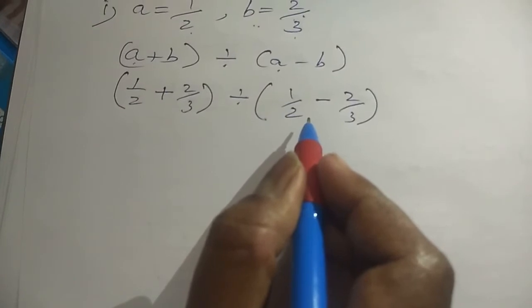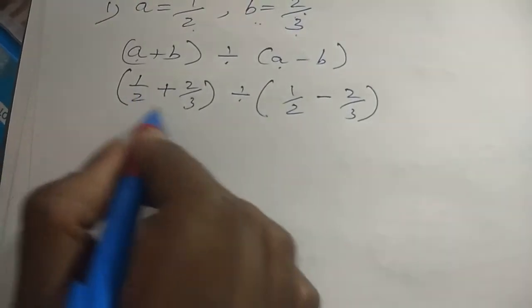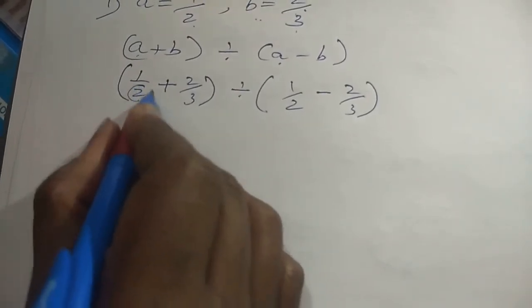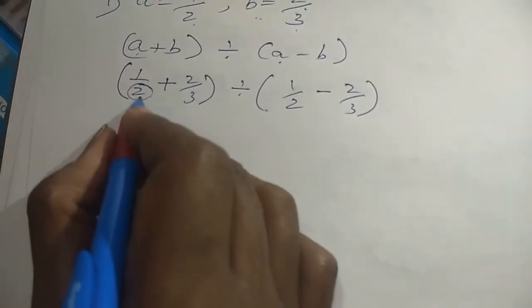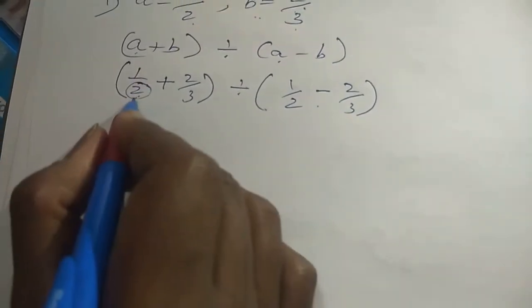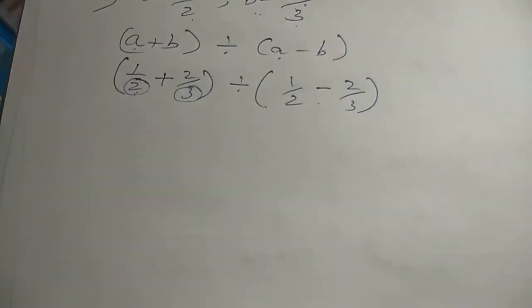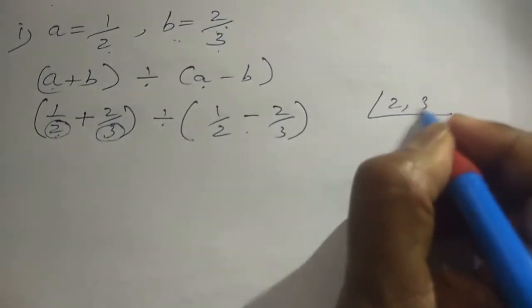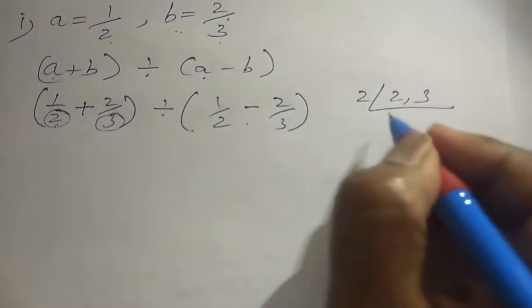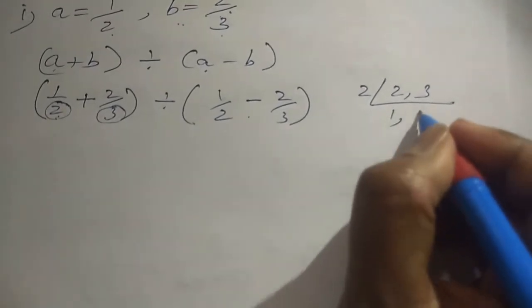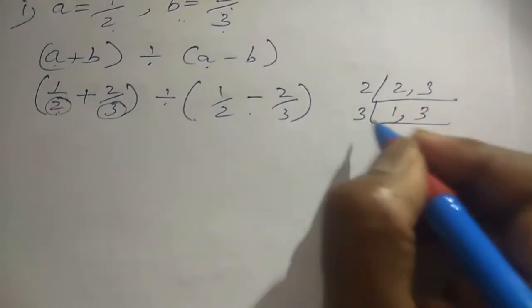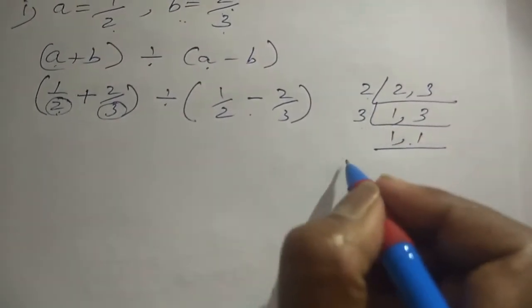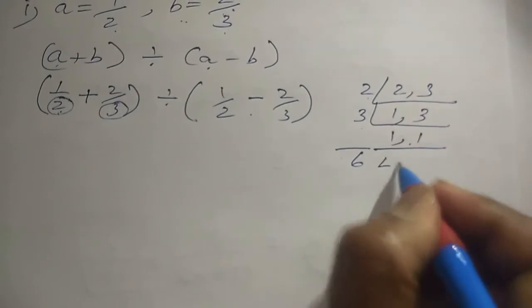And this also we have to follow some rules here. First we always simplify the brackets inside. Correct? So here it is 2 here. First we see only the first bracket. So here it is first bracket, second bracket. So here it is 2, here it is 3. So both the denominators are not equal. So we go with the LCM method here. So 2, 3. So 2 here. So 2 ones are 2. So 3 will be remaining as it is. So then I go with 3 here. So 1, 1. So then we can stop. So the LCM here is 6. So this is your LCM.